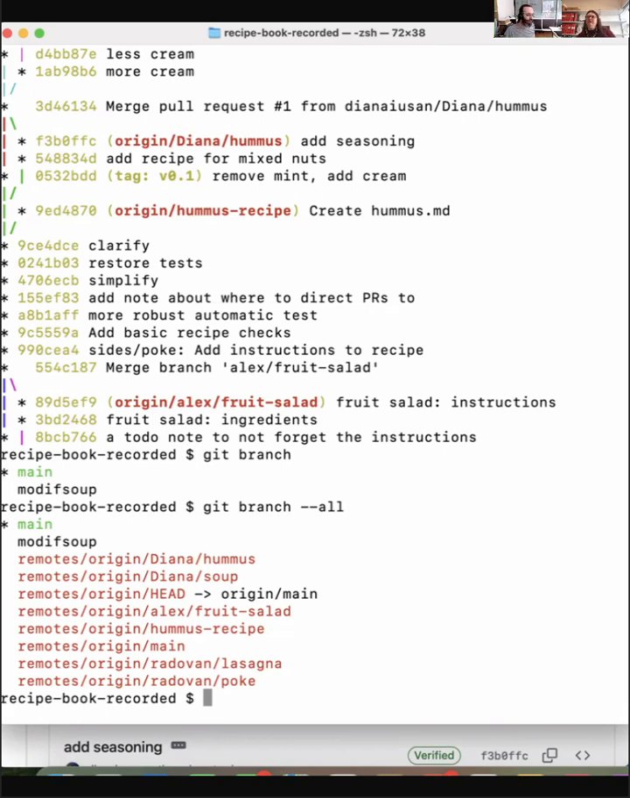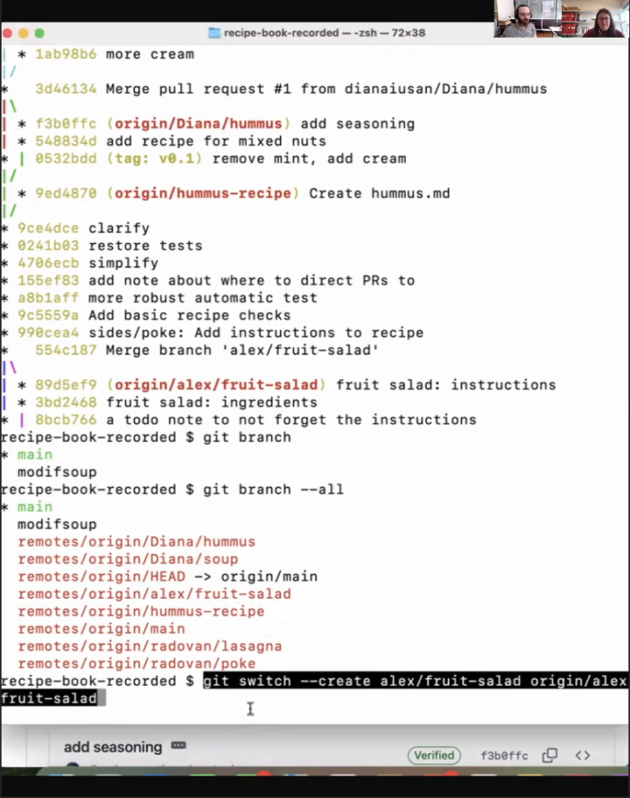Actually, there's one thing. I did fail to show how you can actually track a remote branch, and the command to do that. Let's say, for example, I want to track the branch Alex fruit salad. Then I can do git switch